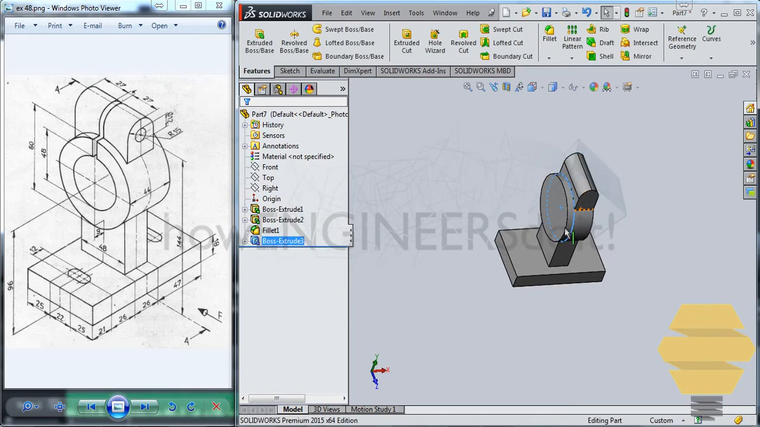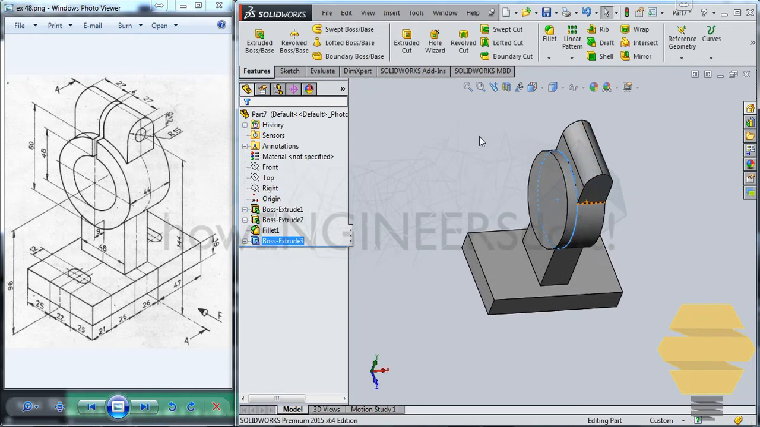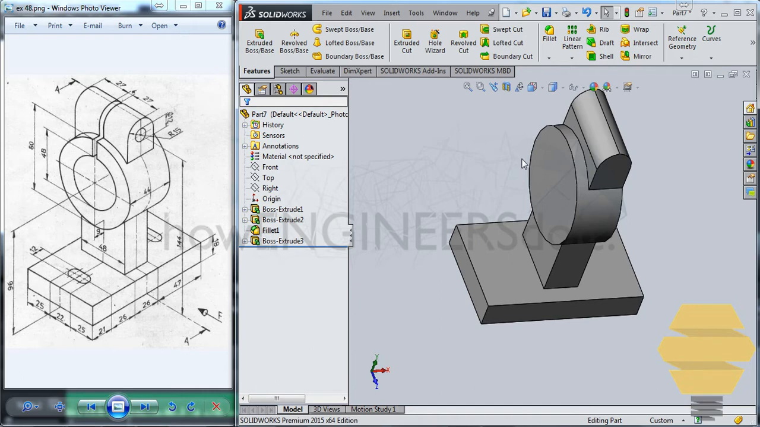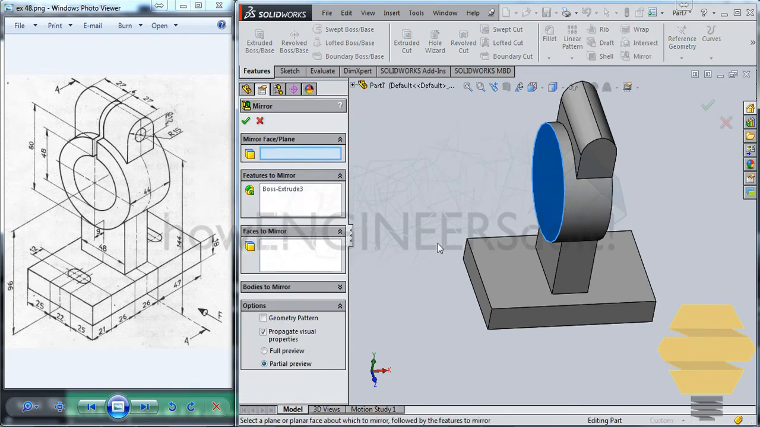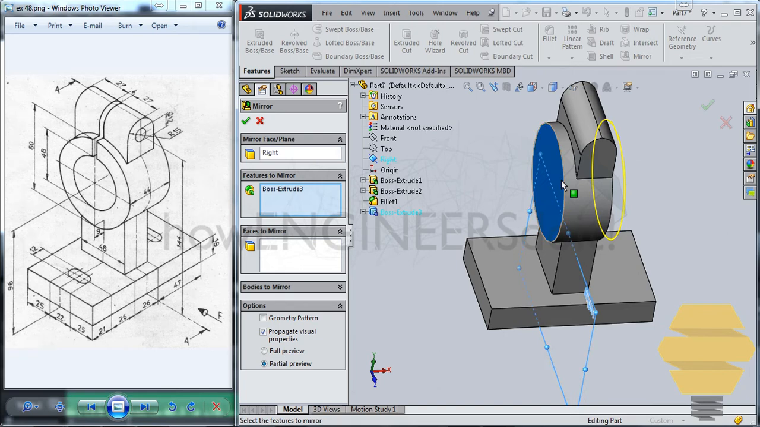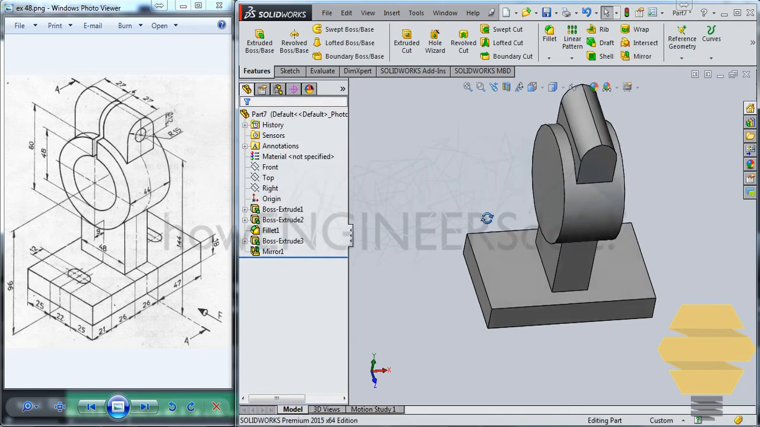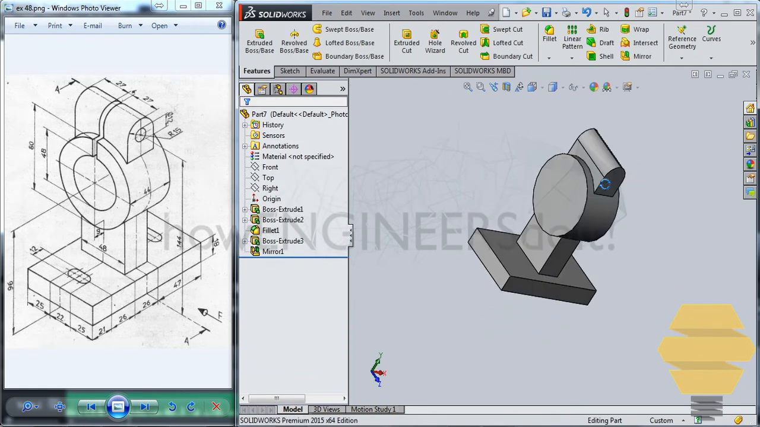Okay, now we have to create a similar one on the other side as well. So in this case, let's see if we have any previously created planes. Yeah, we have a right plane there, so it's easy. We don't need to create a new plane. Go for the boss extrude and select the mirror and select this plane as the mirroring feature. Okay, and now